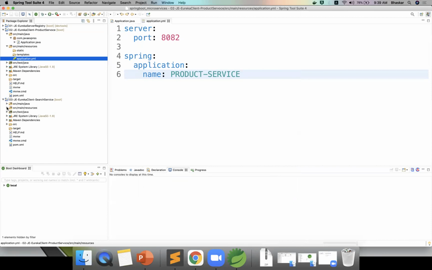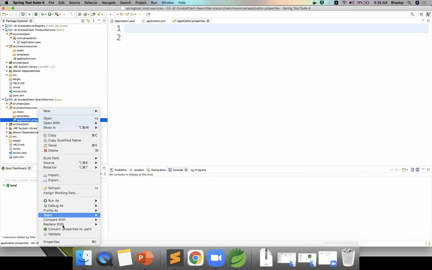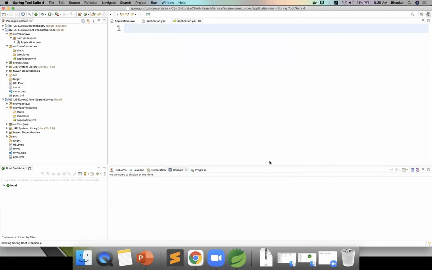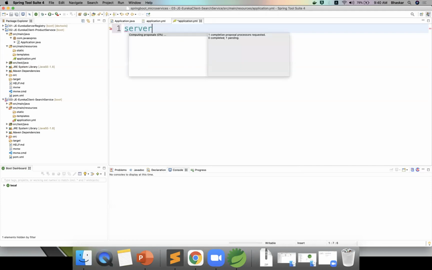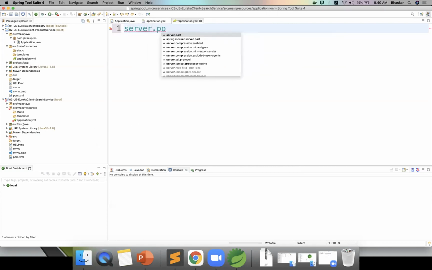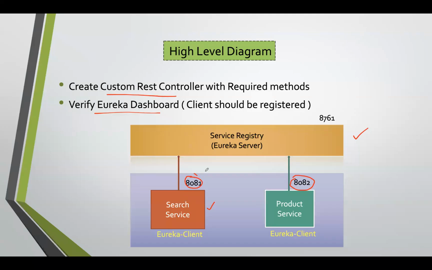Go there, src main resources, application.properties. Here what you need to do is convert it to a YML file. Still, if you need .properties, you can do the modifications. This will be more readable when compared to .properties, that's why I'm using a YML file. Server.port. Okay, once that is done, next we'll see server.port. Which port number is running? 8081.